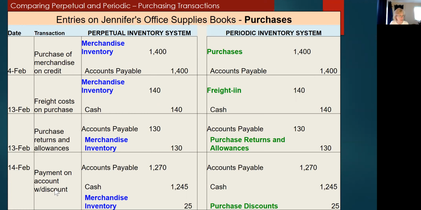And then finally, when we pay the bill, you can see the number went down for accounts payable because it was the original 1,400 minus the return, and that's what we owe. However, in the example in the PowerPoint, the supplier gave the company a 2% discount, or I think that's a 2% discount. So again, that reduces the cost of the inventory. So the inventory, if you take all these transactions, 1,400 debit plus 140 debit minus 130 credit minus 25 credit,